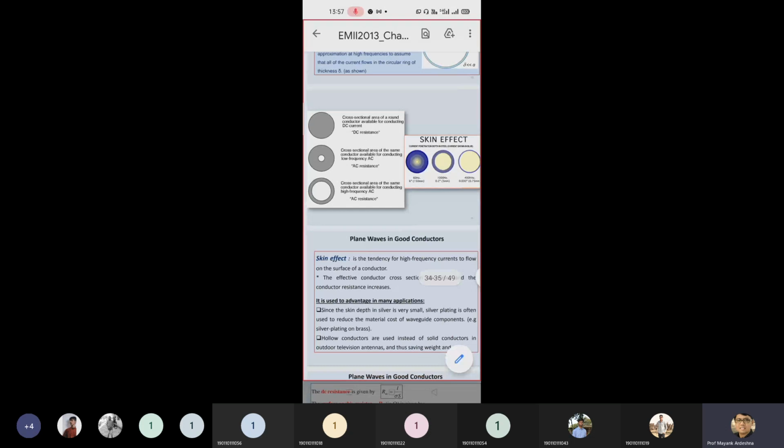Whenever you deal with a very low frequency, your current goes exactly to the center part, the axis of your conductor. Consider there is a conductor or any kind of wire, and the axis means the exact center part of your conductor, fully covered with this current. But whenever you increase the frequency, you can identify some white color dots. White color indicates current which is not moving in this particular cross section of your conductor, but the dark color has some current.